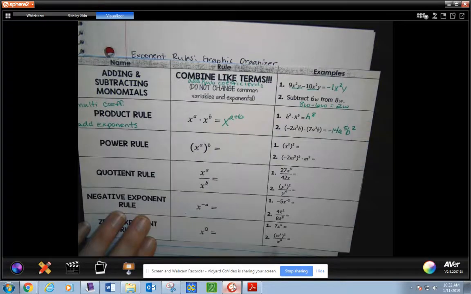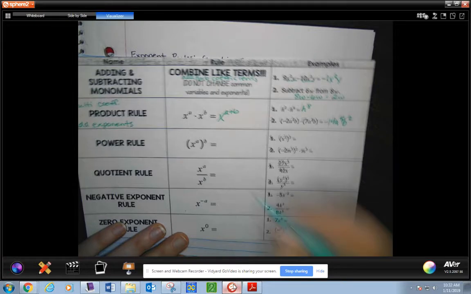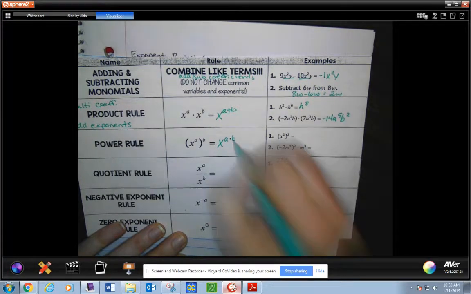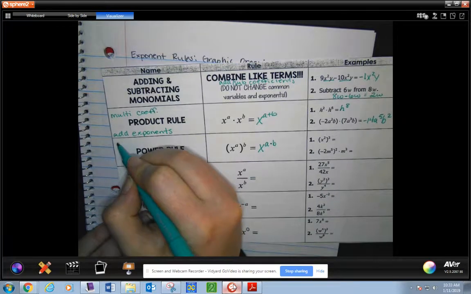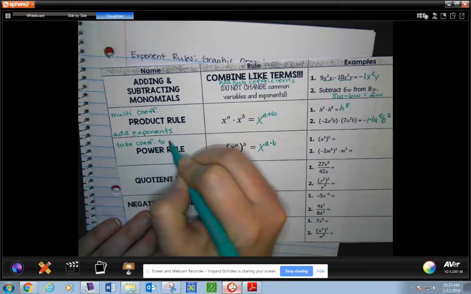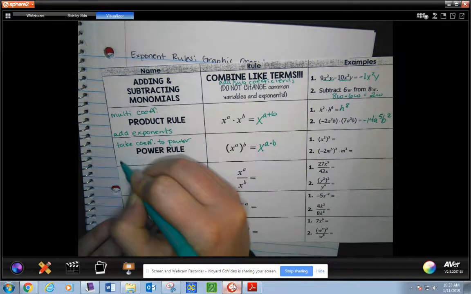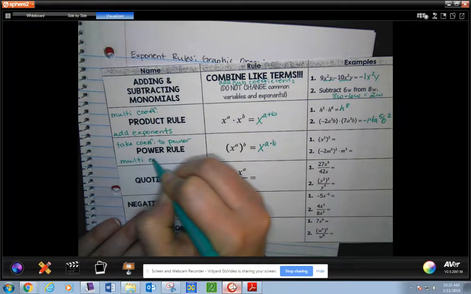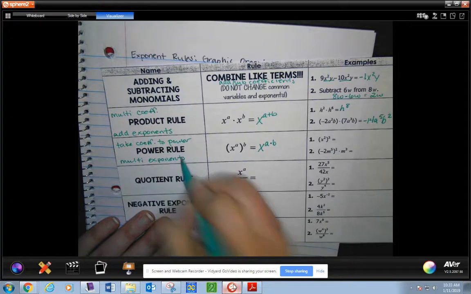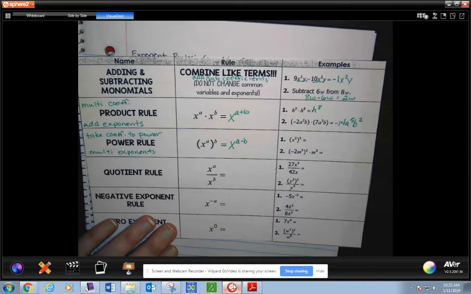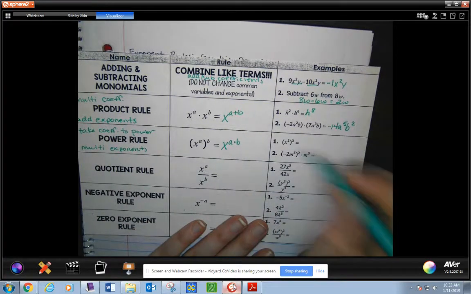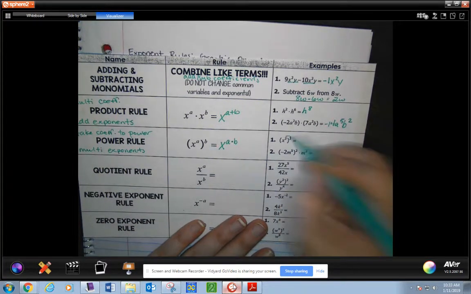Moving into our power rule, we have x to the a, to the b. When you do the power rule, that's telling you to do a times b. So for this one, you take the coefficient to the power and you multiply exponents. Okay, so here are my 2 examples. I have x squared to the third. I have no coefficients to worry about, so all I've got to do is multiply my exponents, which gives me